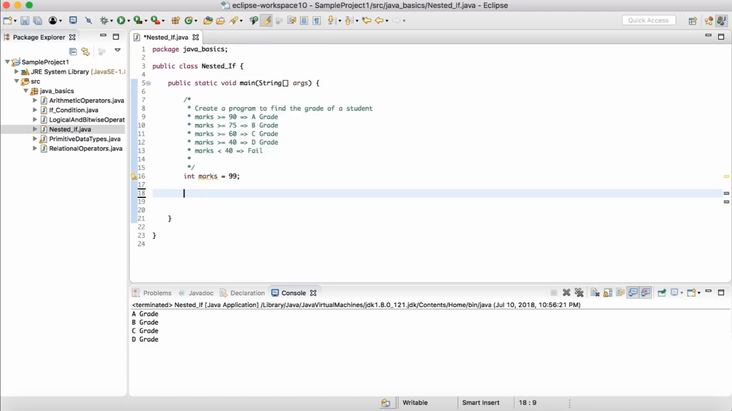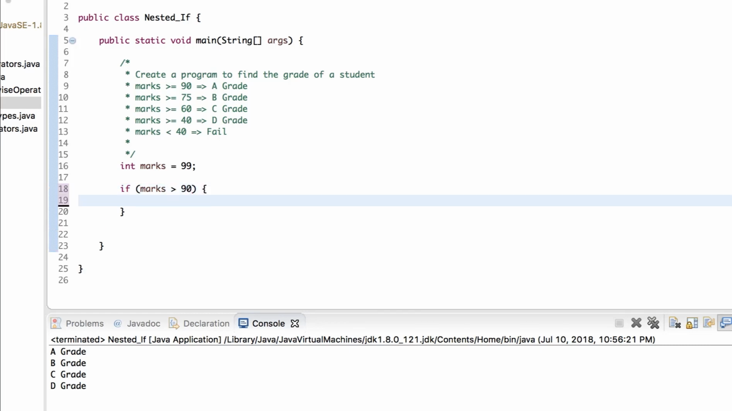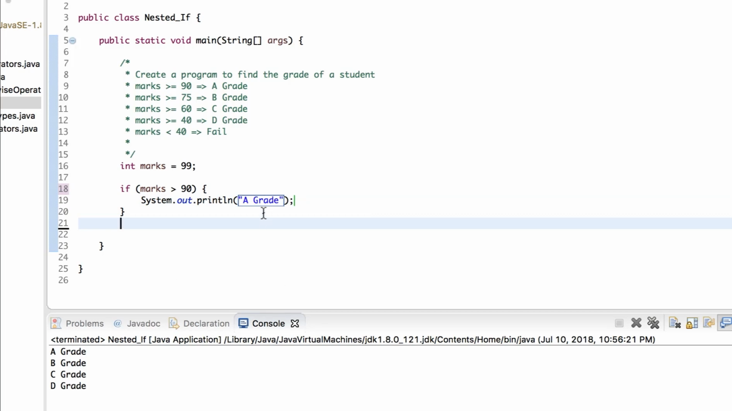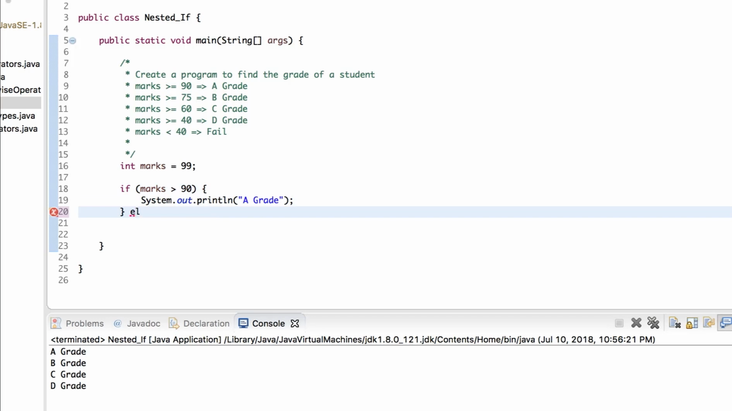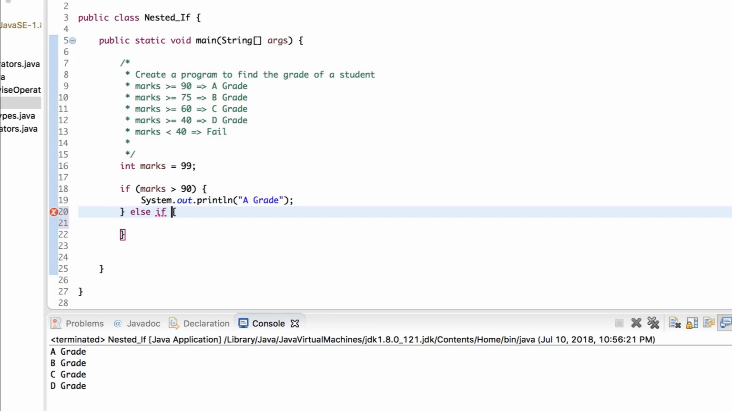The way we will build the nested if is by simply putting again if condition, and then marks greater than 90. That's my first condition. If the student has greater than 90 marks, we will say student is in A grade. Okay, and if student has less than 90 marks, then we'll go to else part. And in the else part, we will have another condition over here, else if student has marks greater than 75,